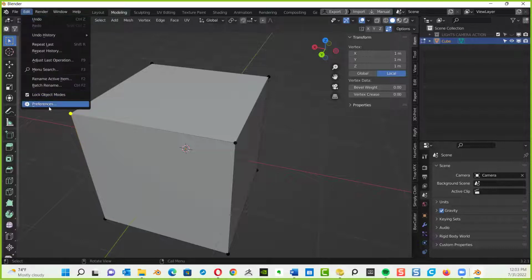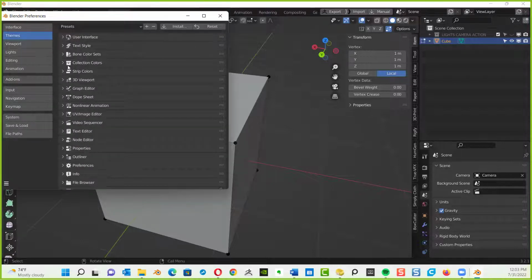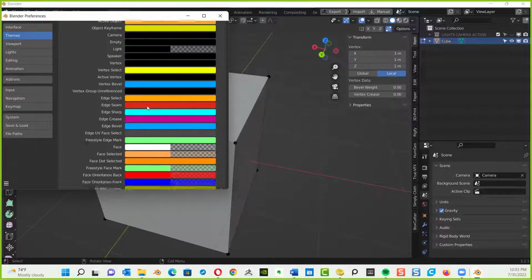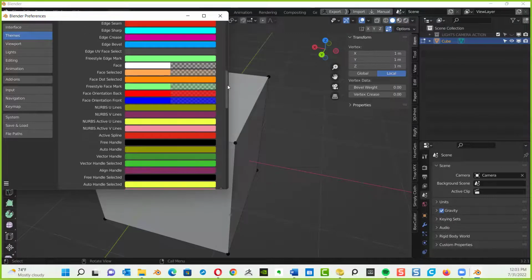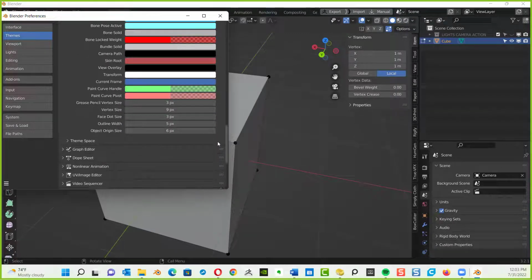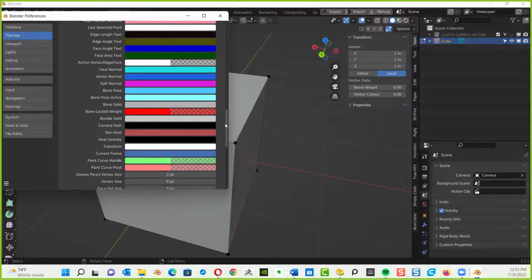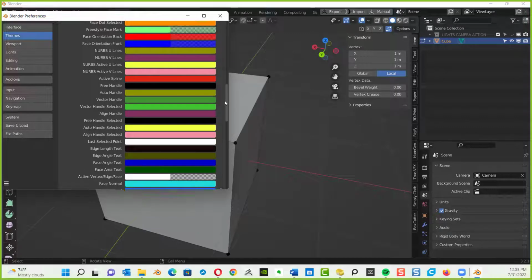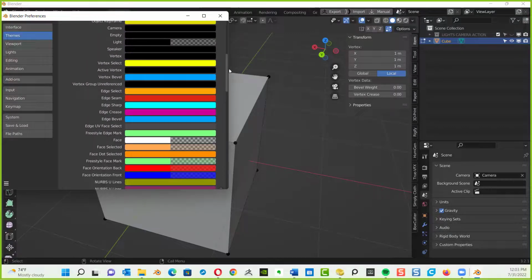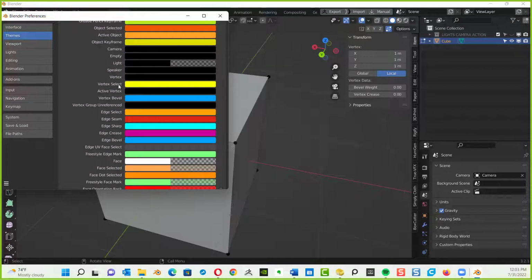I'll tell you what. Since you say it that way, I'm going to go to preferences and just address it. It should be in the same spot. I thought I saw it there. So 3D viewport. Go down at the bottom, and it should be right in here. So you've got your vertex, and all your overlay colors are in these menus. You've got vertex normals, split normals. It's somewhere in this menu. And you're just going to have to read through it. All right, there it is, vertex select right there. You see that, Charles?